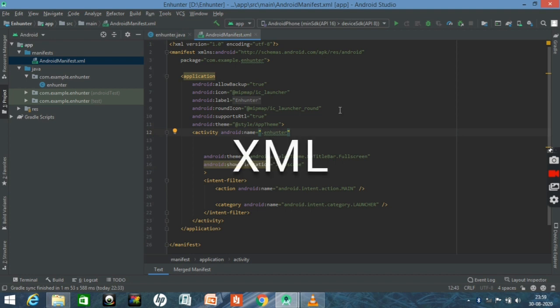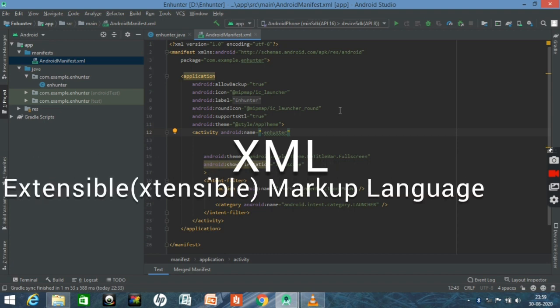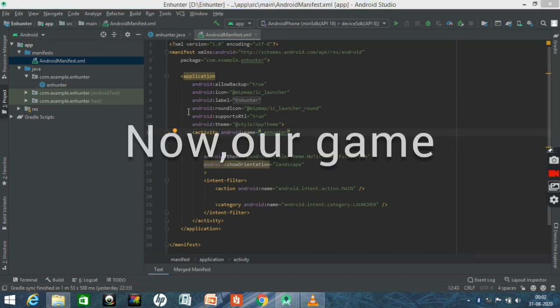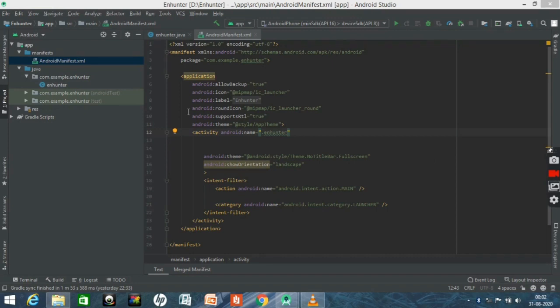Android uses XML for several different configurations. It is not necessary to learn this language to make all the projects in this book. Our game will use all the screen space the device makes available, and the screen has been locked in landscape mode even if the player holds the device in portrait orientation.